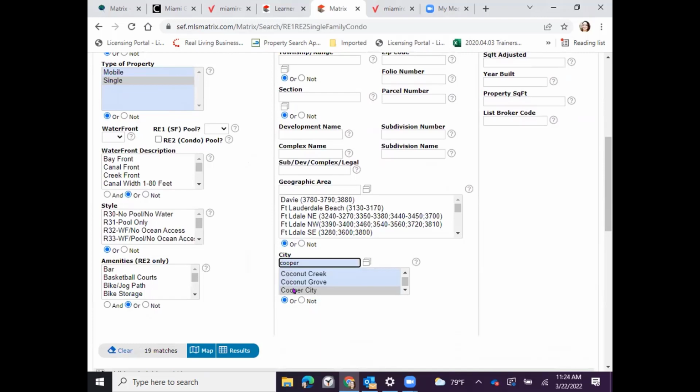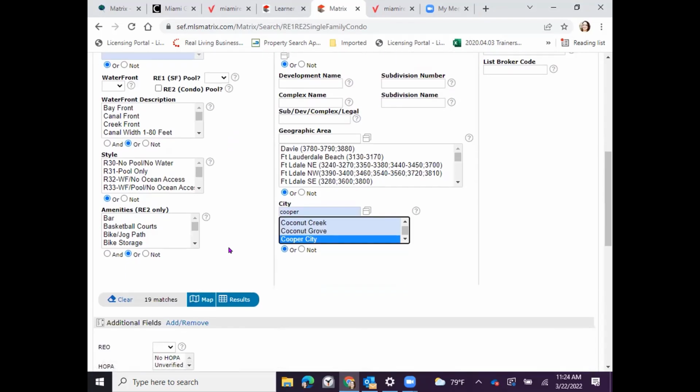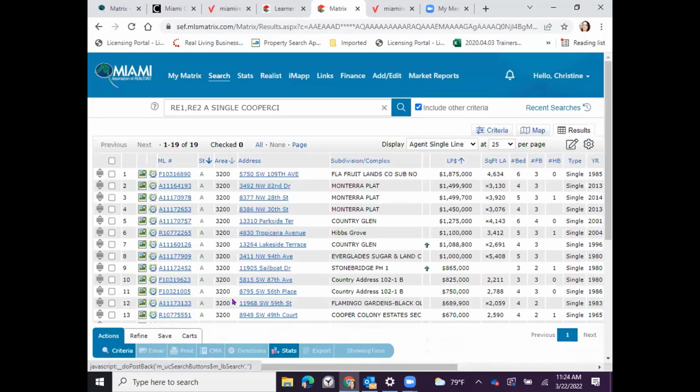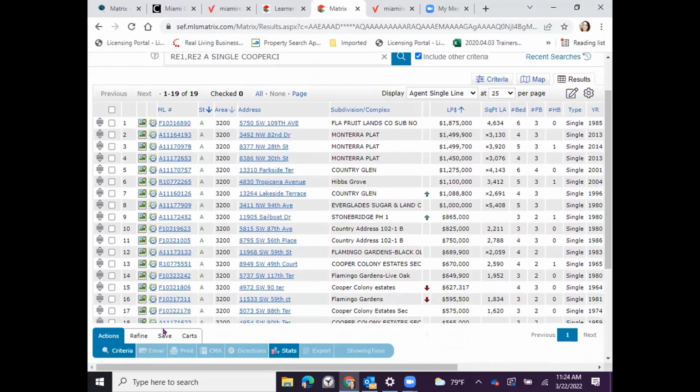We're going to select Cooper City, and we have 19 matches. That means that every time you wake up in the morning, you're able to search Matrix as one of your searches in Cooper City for anything that's active in your territory. So now that we have 19, I'm going to tap on results, and I'm going to tap on save,